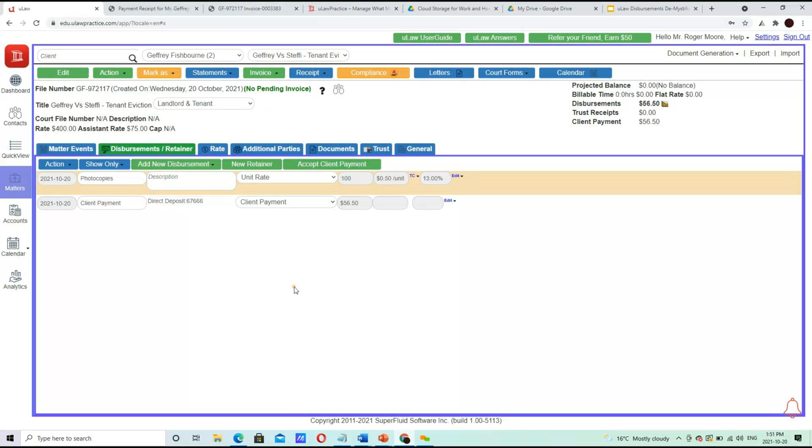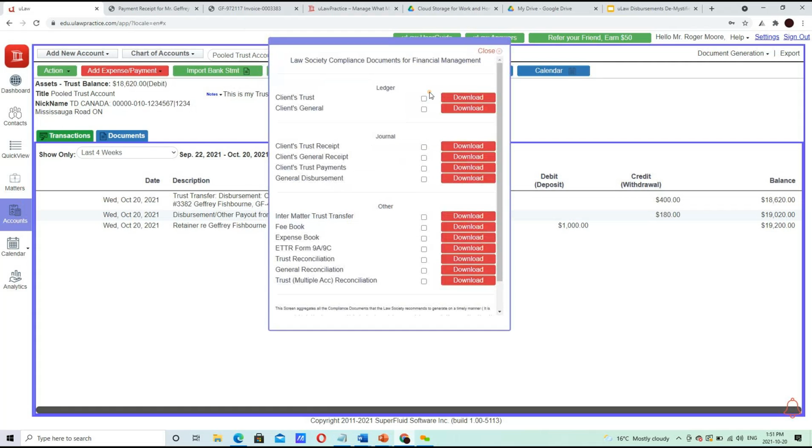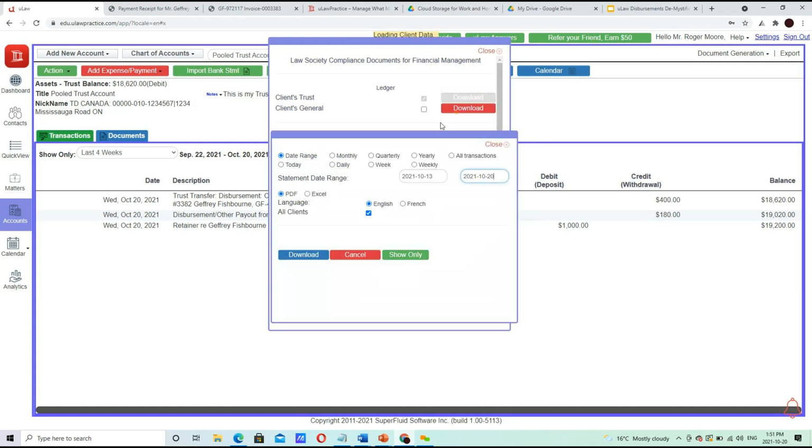All right, so now I move on to my final aspect of showcasing, within the context of today's demo, which is the actual reporting itself. So if I move now from my matters to accounts, I can move into my monthly compliance, and I'll start with the compliance nature of the reporting. So if I look at my client's trust ledger, I can simply download, choose the time period,